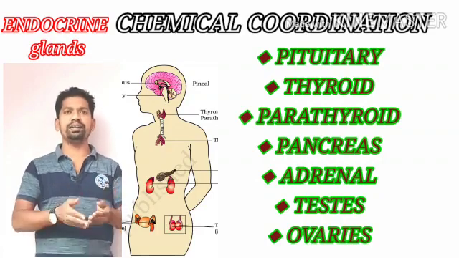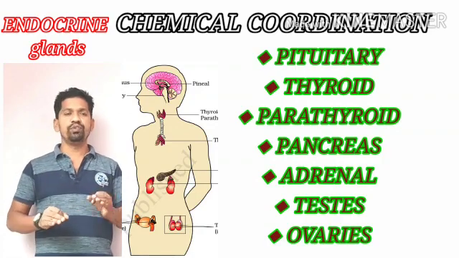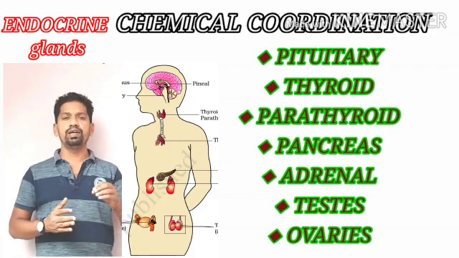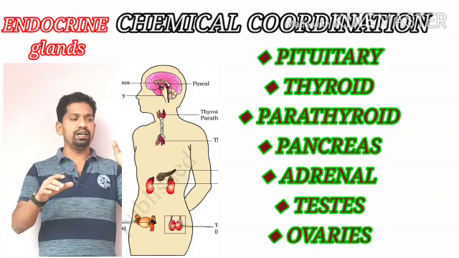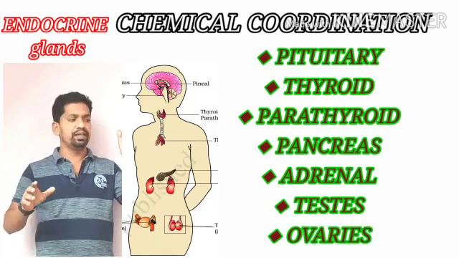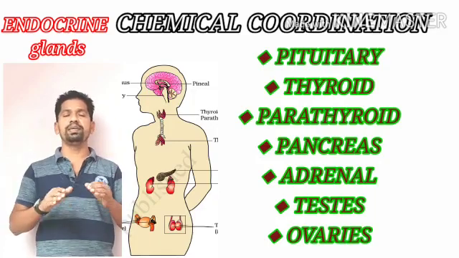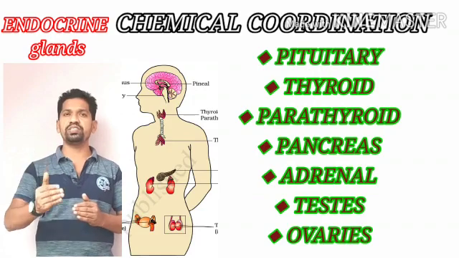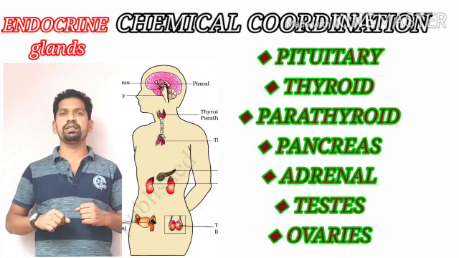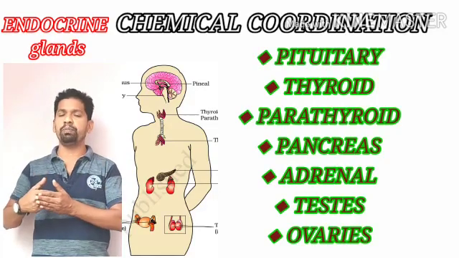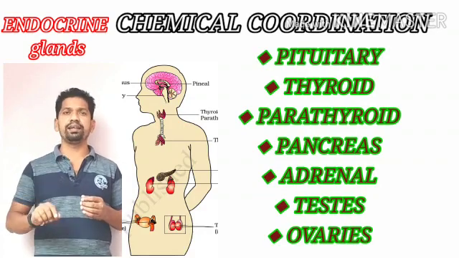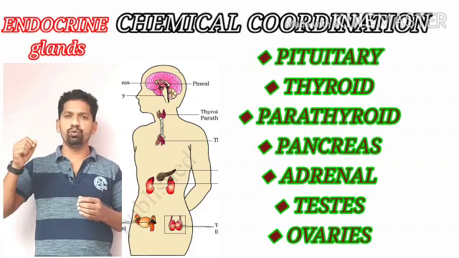An important endocrine gland is known as the pituitary gland, which plays an important role to control the remaining endocrine glands also, and acts as an intermediate between the nervous system and endocrine system, a mediator between the nervous and endocrine system. That is why the pituitary gland is also known as the master gland. So finally, the endocrine system of our body secretes various types of hormones through glands like pituitary gland, thyroid gland, parathyroid gland, pancreas, adrenal gland, testes and ovaries.